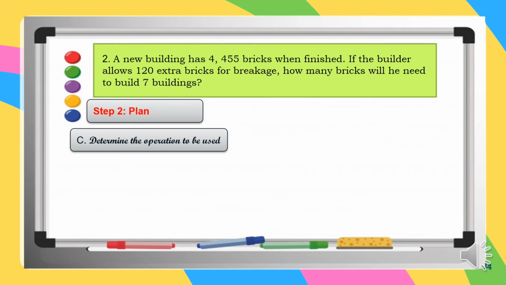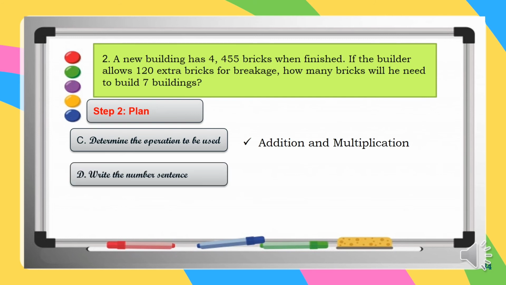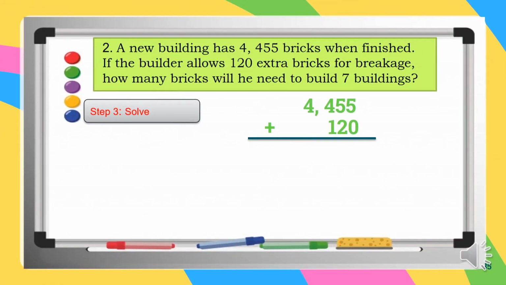Step 2 is to plan. Determine the operation to be used. In this problem, we are going to use addition and multiplication. Write the number sentence. 4,455 plus 120 times 7 is equal to n. Step 3 is to solve. Let's add